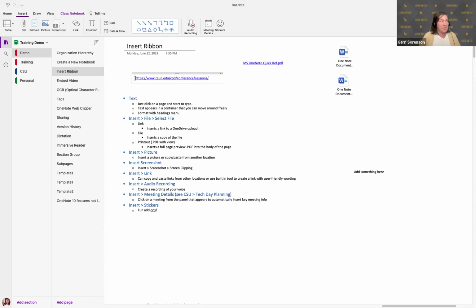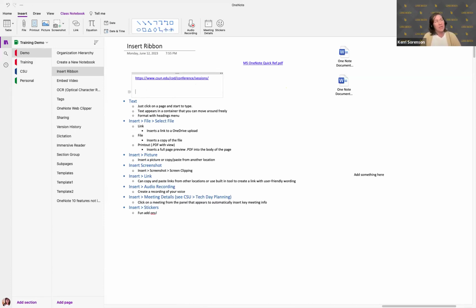And it will just pop in the raw URL. But again, if you are sharing this information or maybe you're drafting something for future use that's going to be used in a more formal document or location, you can make it a little more user-friendly using the insert link option here. So I copy and pasted the CSUN Accessibility Conference link to their homepage, or I could do something a little more user-friendly like this. So for reference, please review